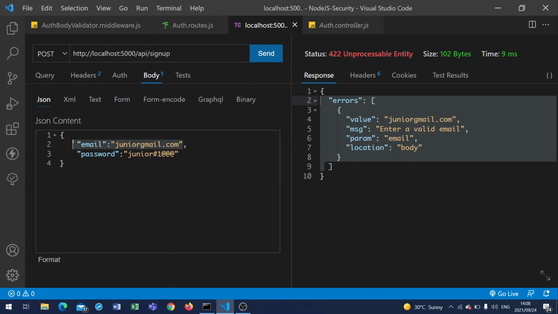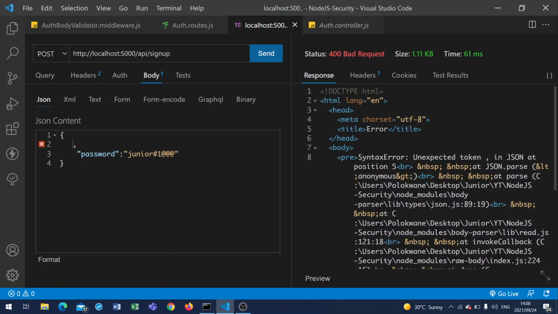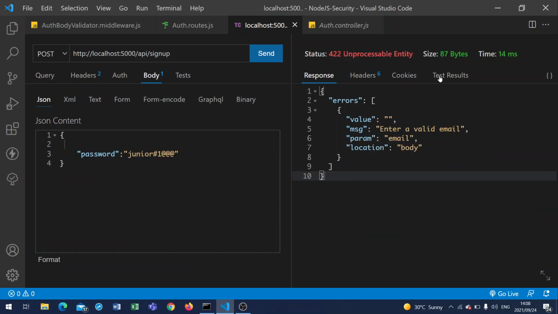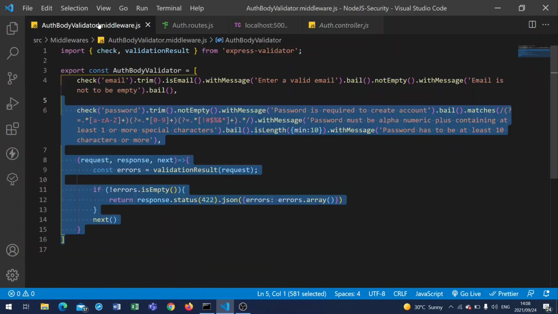And it wouldn't accept an empty field. If I come in here, as you can see, I have that comma there, it's not processing that, so that's why I had that. And you can see "enter a valid email", the email is not there, so it's telling us that. And we could have added, let's go to this,